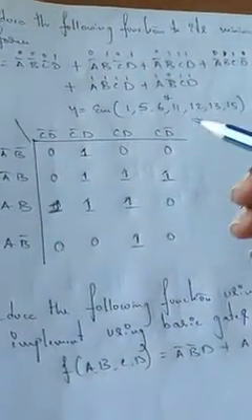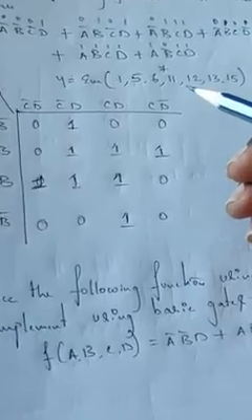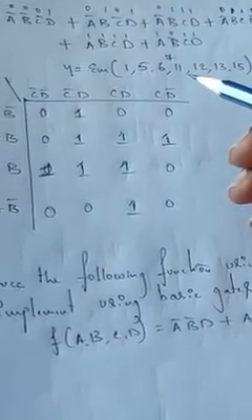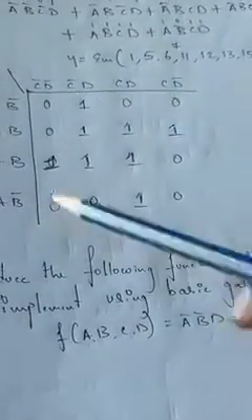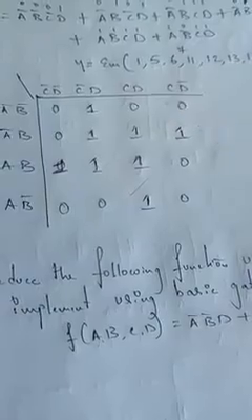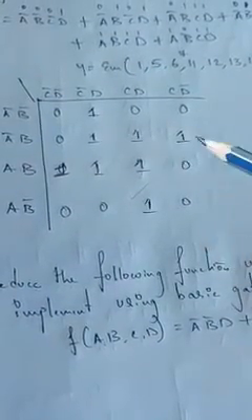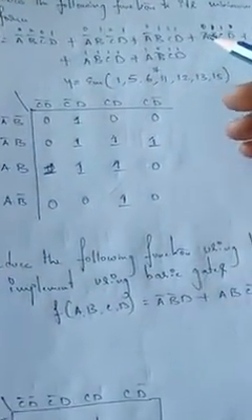When you look, first look for the octants. Is there any 8 adjacent ones? Do you find any 8 adjacent ones here? So no, you don't find any 8 adjacent ones. So when there is no possibility of 8 adjacent ones, forget about octant. Then go with a quad now.